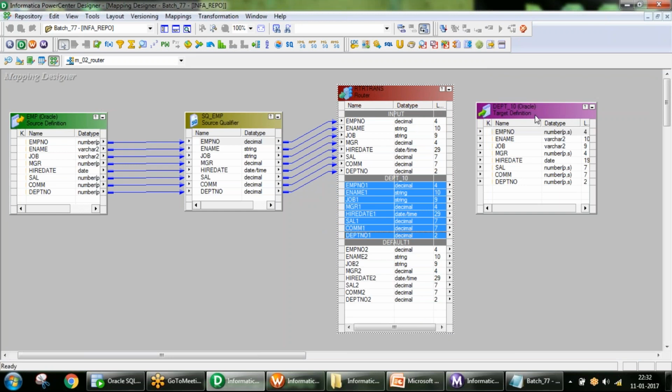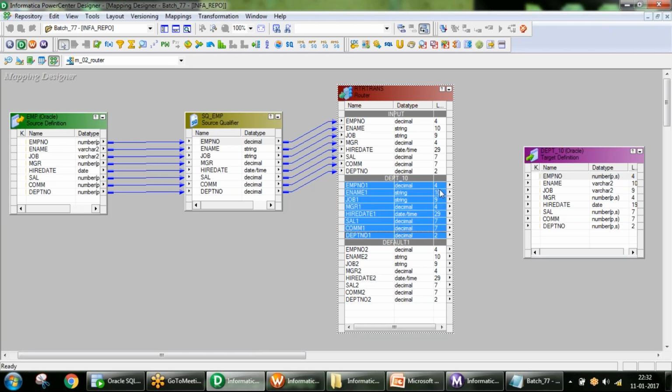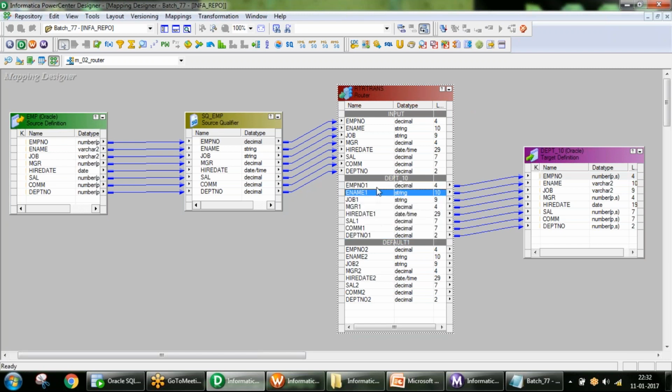Now your requirement is, I want to load data into DEPT 10 where DEPT number equals 10. For this purpose you have created a group here, and for this group you have provided a filter condition as per your requirement, DEPT equal to 10. So it's a valid mapping.